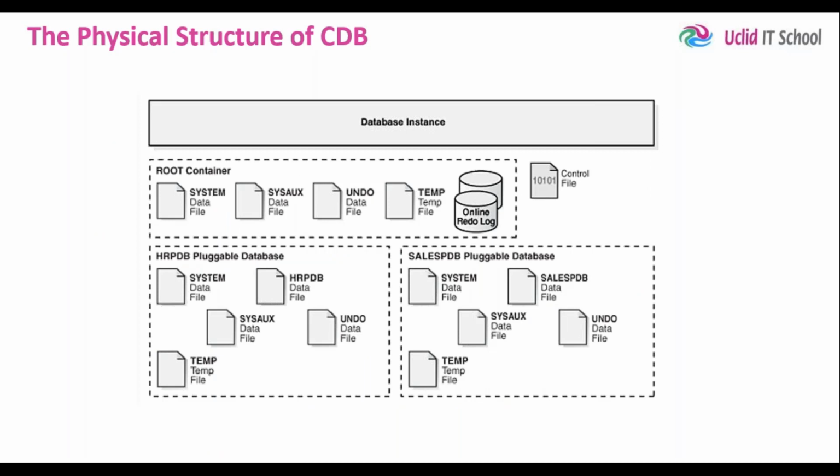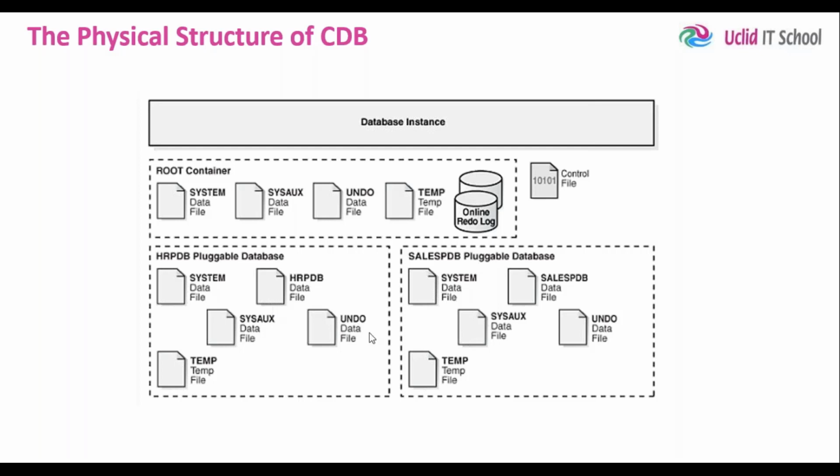Now, by now you understood a container database contains multiple databases. Here you see there are 3 databases. As I told you, a container database will have a common database called a root database, also called a root container. So when you create a container database, the root database is always created. And you have PDBs. Suppose for an HR application, I created an HR PDB. For a sales application, I created a sales PDB. And all these databases share a single database instance. You have only one database instance, which is shared among all the PDBs.